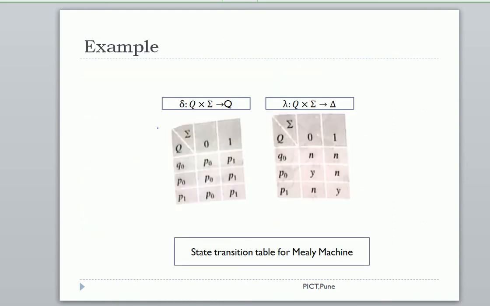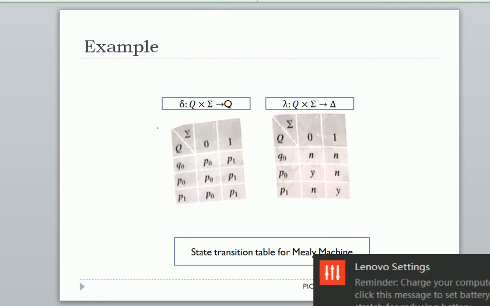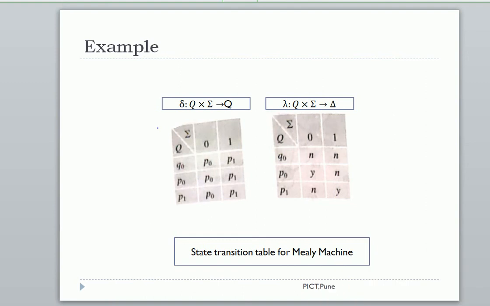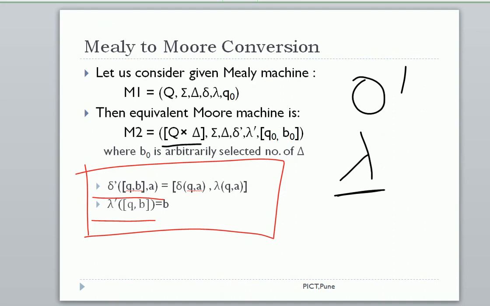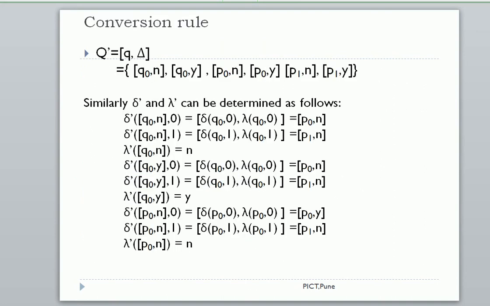This is the machine, the transition function is given, and this one is the output function. Lambda and delta are given. From that we can say this is a transition table for the Mealy machine. Okay, and then we have to generate the Moore machine. So from that we are going to apply the equation Q dash, which will be from this Q dash, delta. So we have to apply Q and delta.